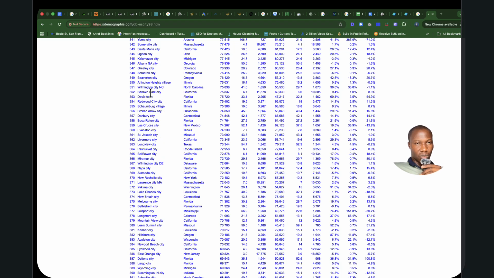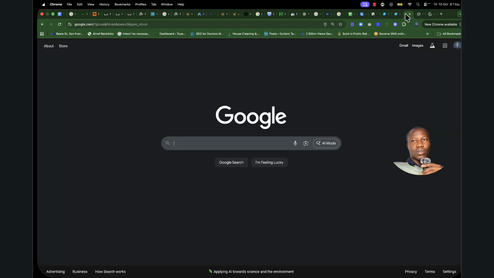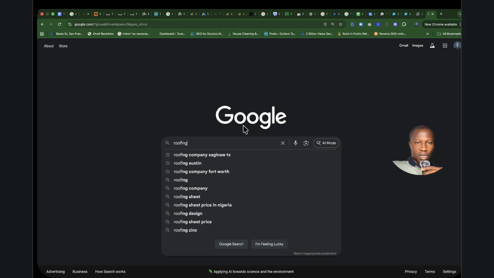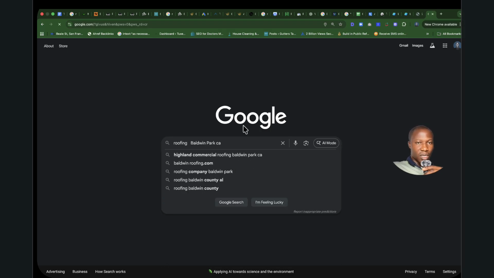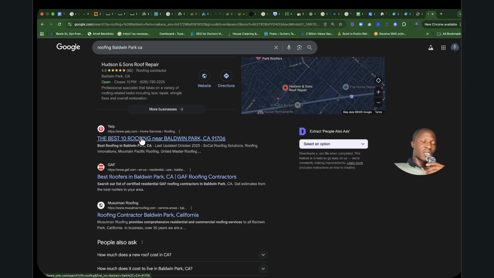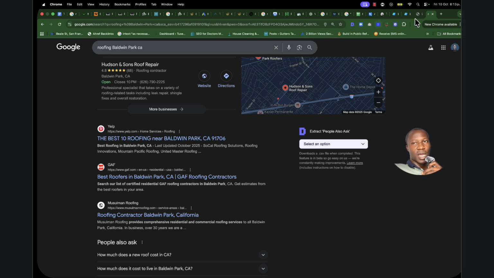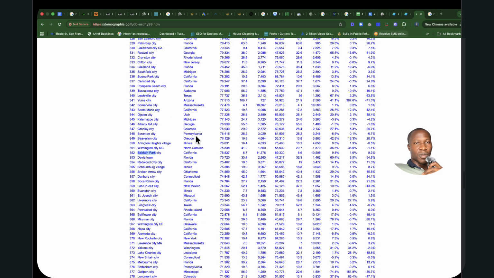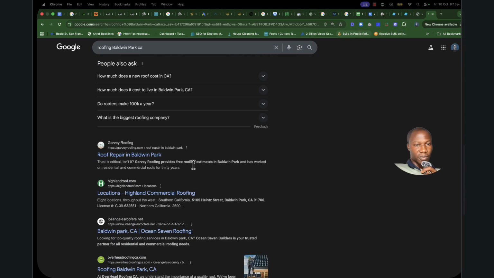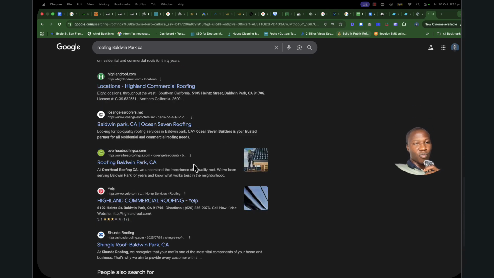So let me go with this one here, Bowden Park in California. Let's do this search right here: roofing Bowden Park, CA. You can see now there are inner pages that are ranking. So let's say you have your main service website in Lakewood, and you also want to target this city. You could have your website as Lakewood slash this one, which is already appearing here. But it's going to be different from when you have